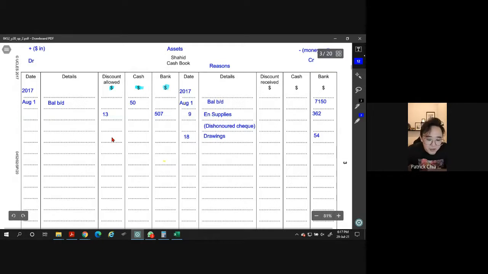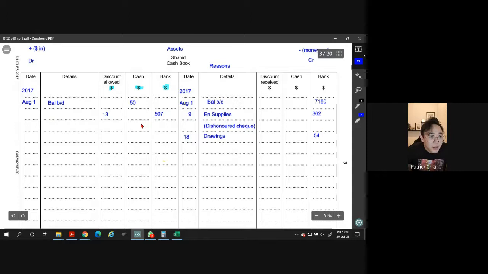You can see 507 and 13, these two put together cannot have a decimal place. So far in the question there's no decimal place. When you have a decimal place, that means you have done it wrongly. But I cannot tell you 100% the question won't have a decimal place. There was once a very old paper with a correct answer with a decimal place, but nowadays the answers always have no decimal place.